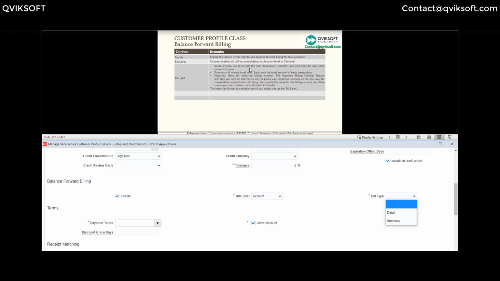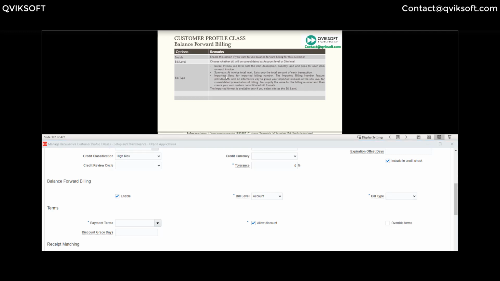So basically the invoice becomes one, but the details are all as per the original invoices. If I choose summary, the invoice total level lists only the total amount for each transaction. For example, in my original invoice I had 10 lines and the total invoice amount is 150,000. It will just create one line of 150,000 for that invoice.